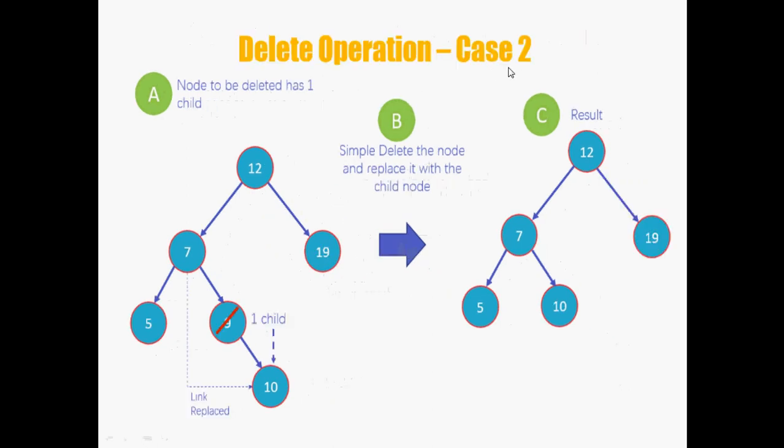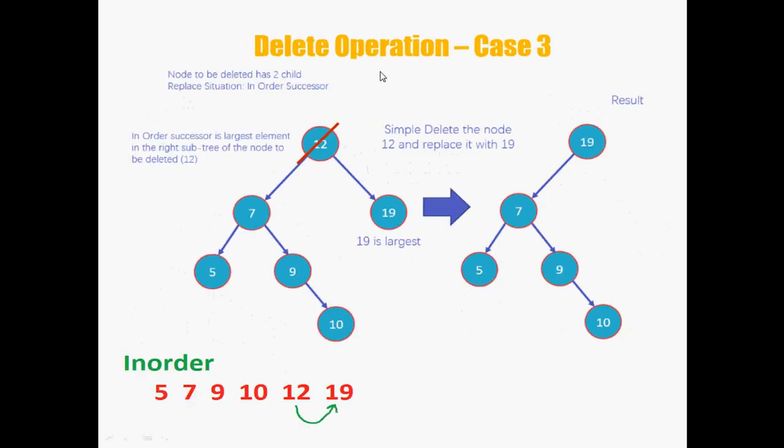This is case 2, delete a node with a single child. Here we want to delete node 9, which has a single child, 10. For deleting 9, simply delete this 9 and connect the child of 9 with its parent. The parent is 7, so we connect it to the child. Now these links are broken and 7 has a child 10, and this is the tree after deleting 9, a node with a single child.